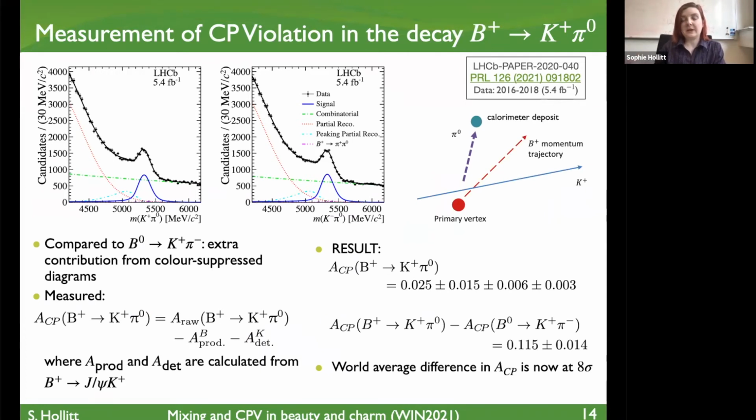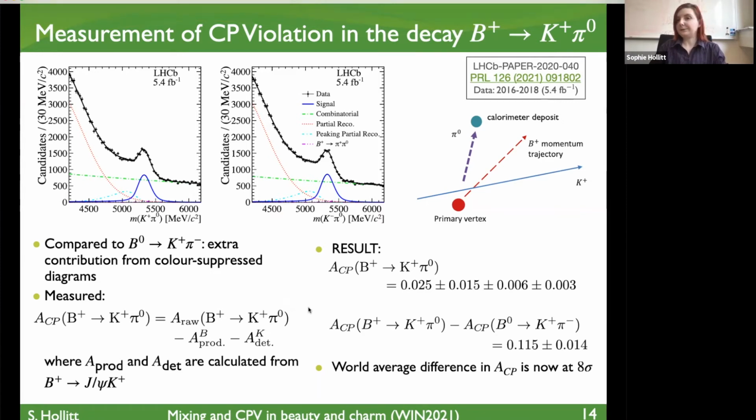And now if we take a look at the B plus goes to K plus pi 0, this is actually a somewhat difficult measurement to make at LHCb because neutrals are quite difficult to reconstruct. We have the K plus, which gives us a single charged track, and then the pi 0 is reconstructed from the calorimeter information when the pi 0 decays into 2 photons, and we can bring that back to try to reconstruct our K plus pi minus. Now, in terms of the theory side, this decay should be very similar to the previous one, the K pi, but it has some extra contributions from color suppressed diagrams.